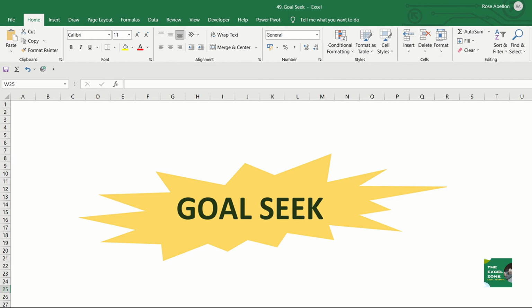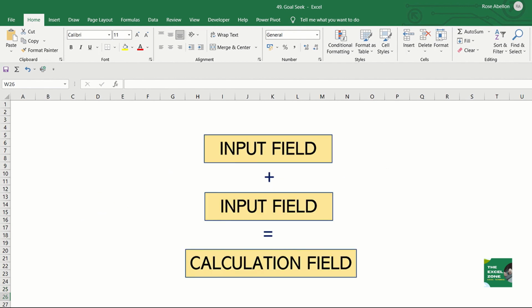Today, I'm going to take up the Excel function goal-seek. So, what is this function and when are you going to use this? Goal-seek is an Excel function that is used to find the result you want by adjusting an input value. Simply saying, you will need this if you have the end result but you don't know the right input in order to arrive at the end result you want.